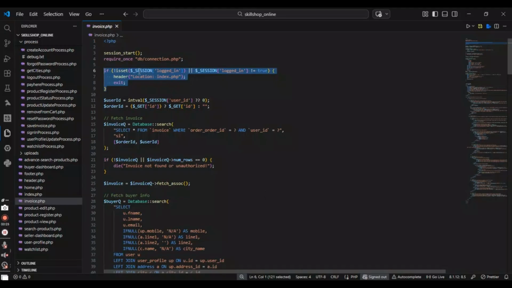So this is my invoice.php file. Here, this code checks whether the user is logged in. If not, the user is redirected to the login page. This ensures only authorized users can view invoices. Then here,